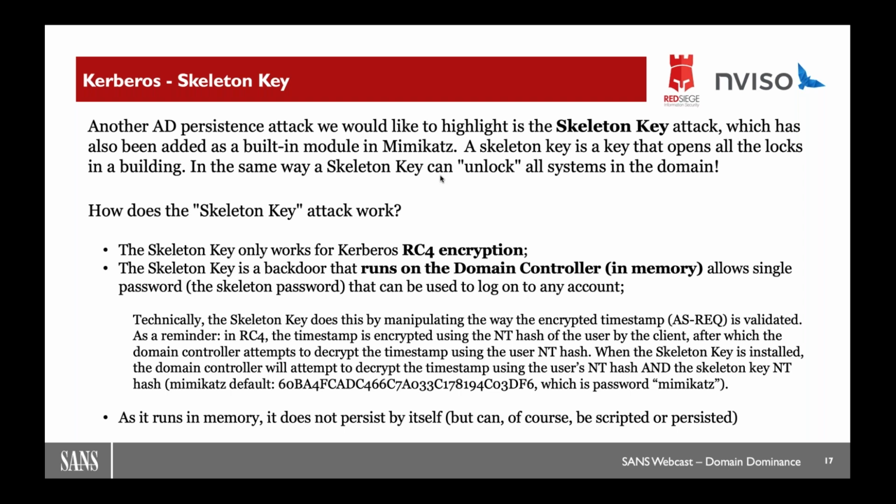So I'm Erik Van Buggenhout. I take my NT hash and I use that one to encrypt a timestamp which I send to the domain controller. The domain controller takes that encrypted value and takes, of course, the NT hash for Erik Van Buggenhout because it has it stored. It's the domain controller. It has all of the NT hashes. It tries to decrypt that. If it works out, it knows that I'm indeed Erik because I know Erik's NT hash. I just used it to encrypt the timestamp.